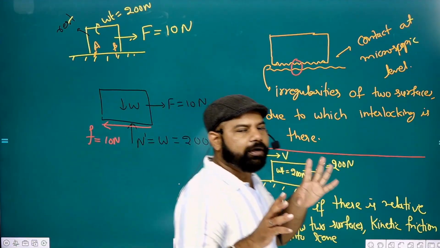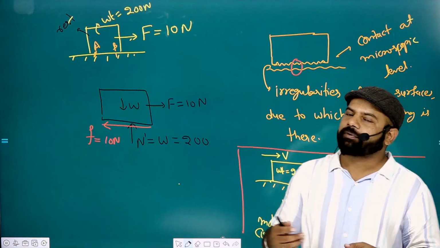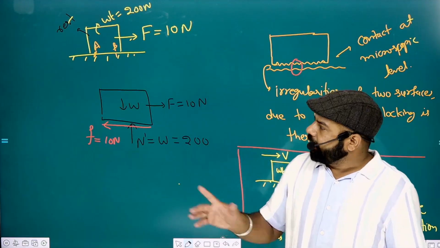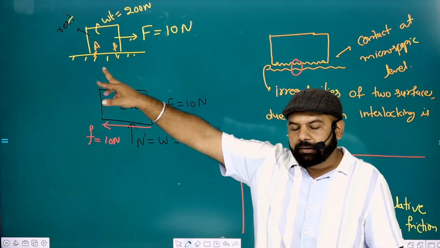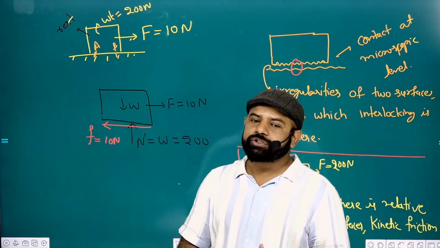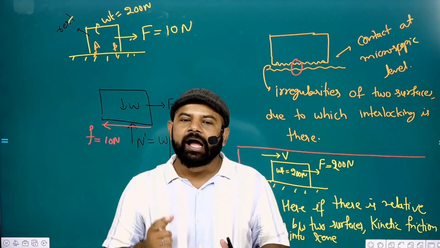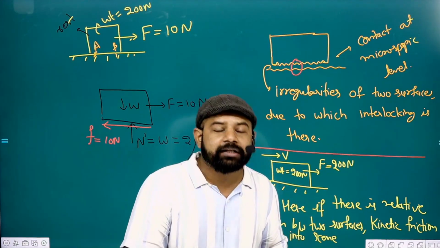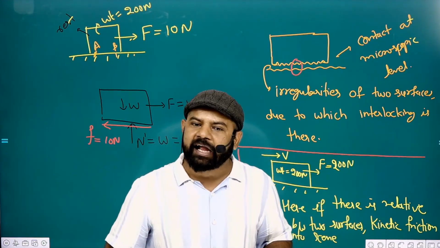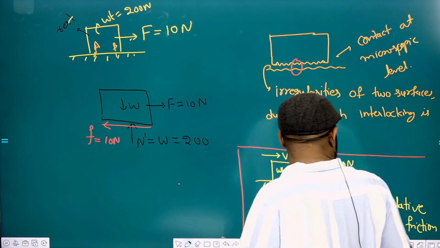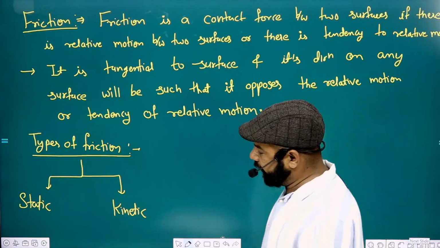Like there is some interlocking due to which there will be some resisting force. That resisting force is known as friction. If there is no relative motion but there is a tendency to relative motion, in that case that friction will be known as static friction. And if there is relative motion, in that case that friction will be known as kinetic friction, right? So we can define friction force. So let us